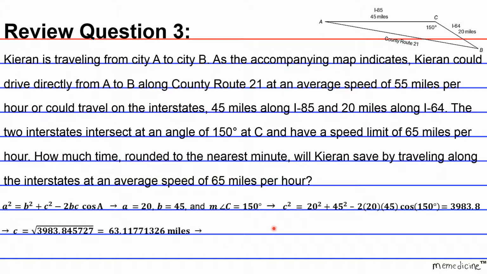But we want to know the time, and we want to know the time in minutes. So the next law that we have to use is time equals distance over rate. And you might be wondering, how the heck are we going to get time out of a distance over a rate? Well, if we're dealing with hours, and the distances we have are like miles, and our rates are given in miles per hour,